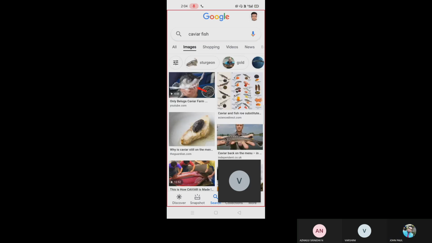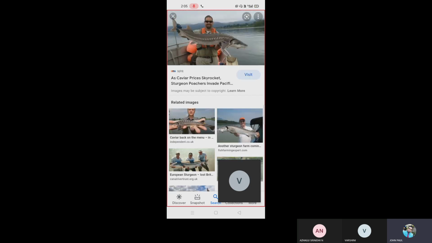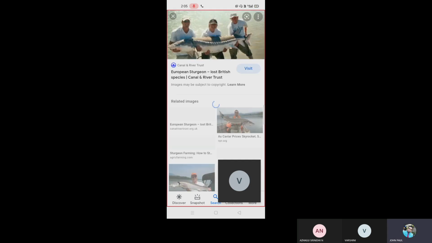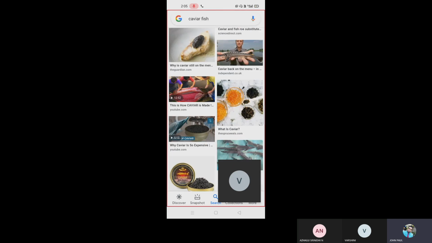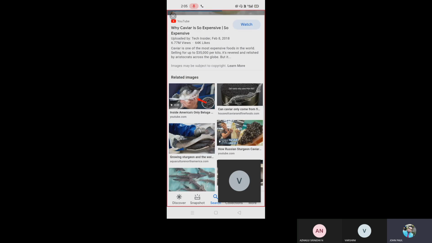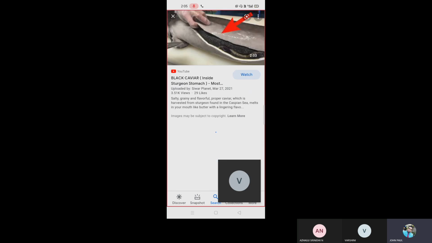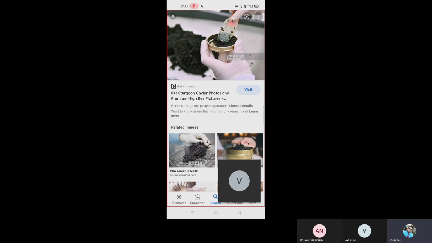Actually this is the fish. It will grow to this much size. They will eat the egg raw; they will not cook or do anything. They just cut the fish and get the eggs raw. This is how they collect eggs. It is available on YouTube, you can watch it later. They remove the eggs and export them. In this small tin, 30 grams, they pack it, and it is very expensive.